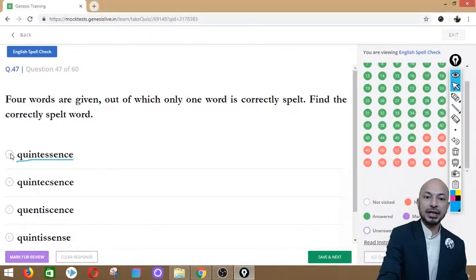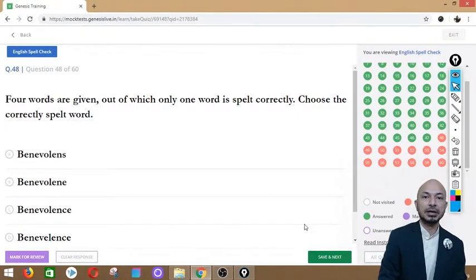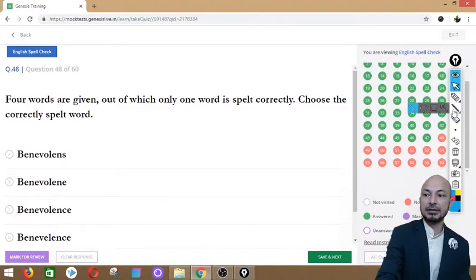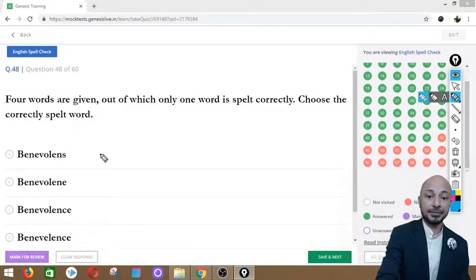So we click option A, say next. To question number 48, and the word is benevolence, and the spellings are Benvolens. Second one says Benvolene. Third one says Benvolence, and the last one says Benvelence, and the correct spelling is